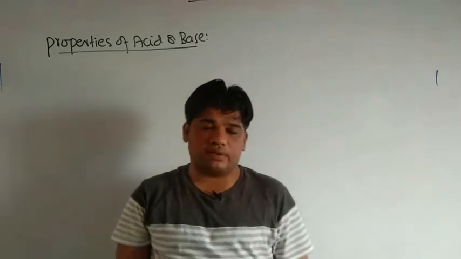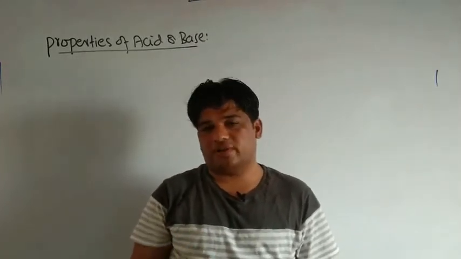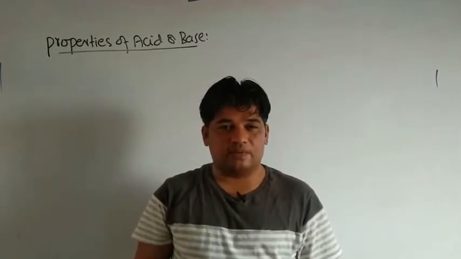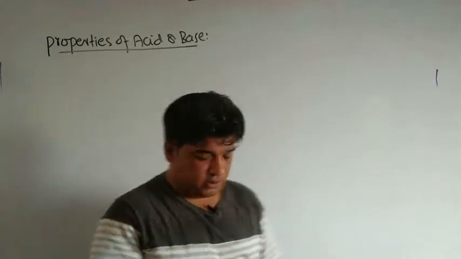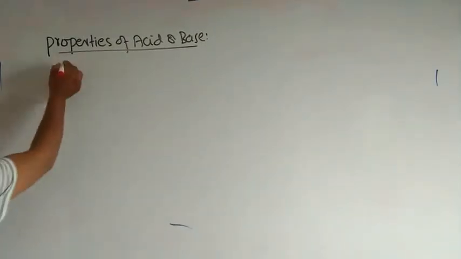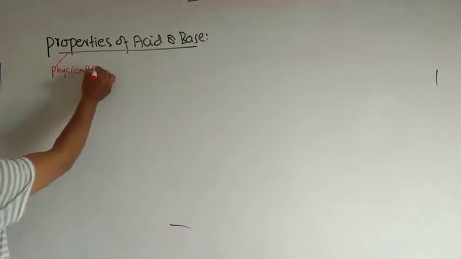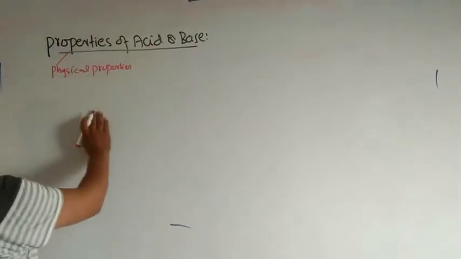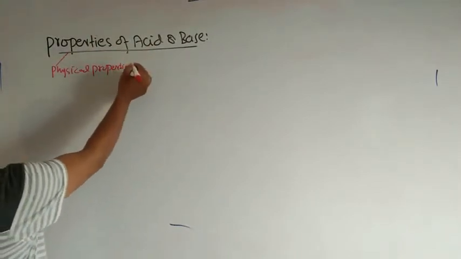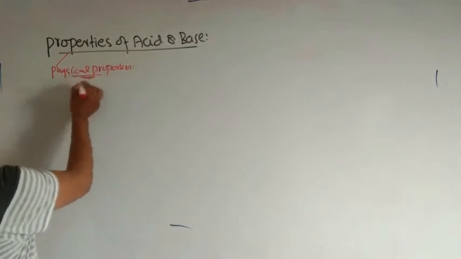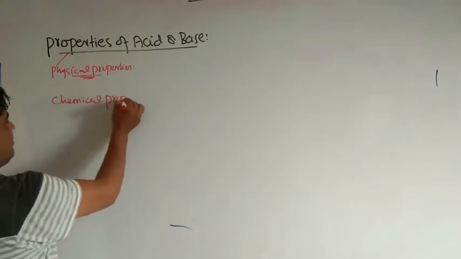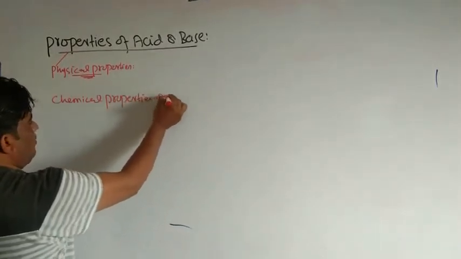But today we will discuss the properties of acid and base. You know there are two types of property: one is physical property, another is chemical property. Physical property we have already discussed for the acid as well as the base. But today we will discuss only the chemical properties of acid,